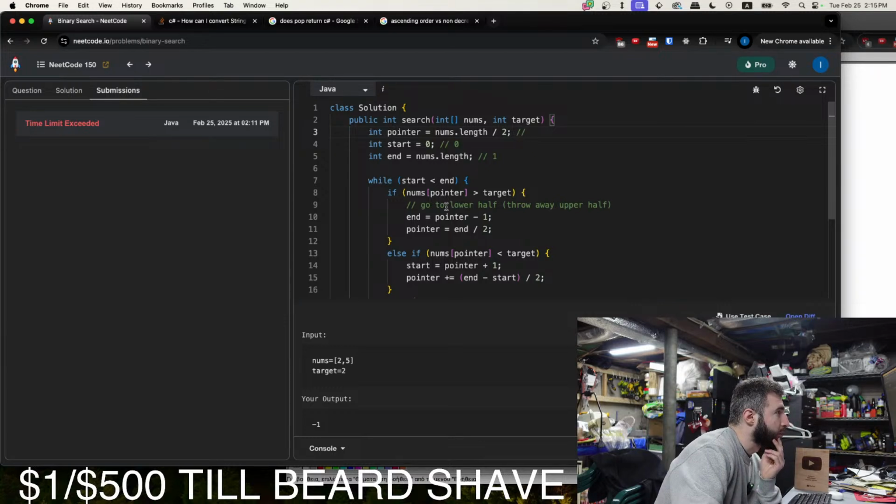Pointer is equal to end minus 1. 1, 2. 2 minus 1 is 1. 1 divided by 2 is 0. So num's 0.